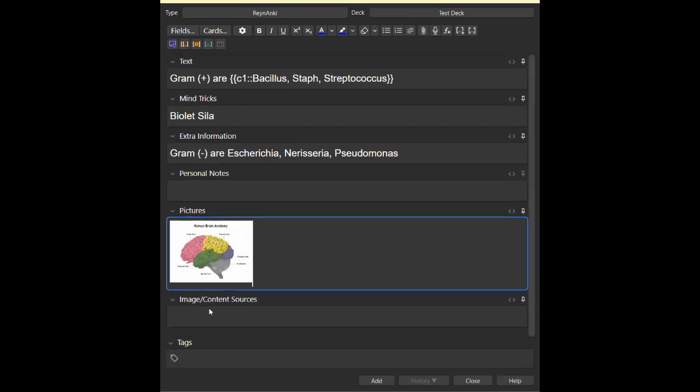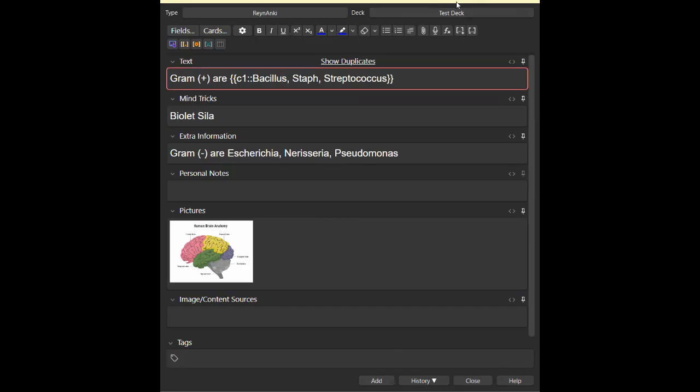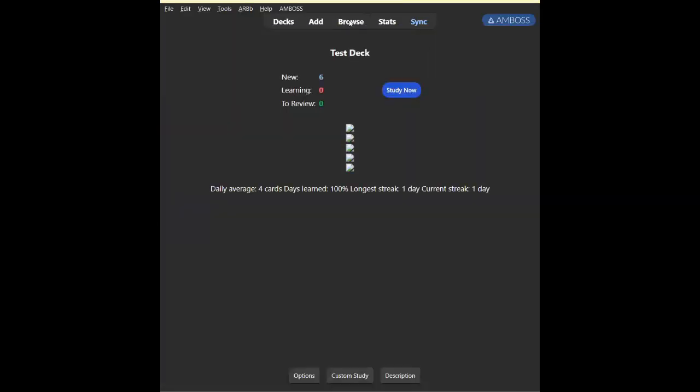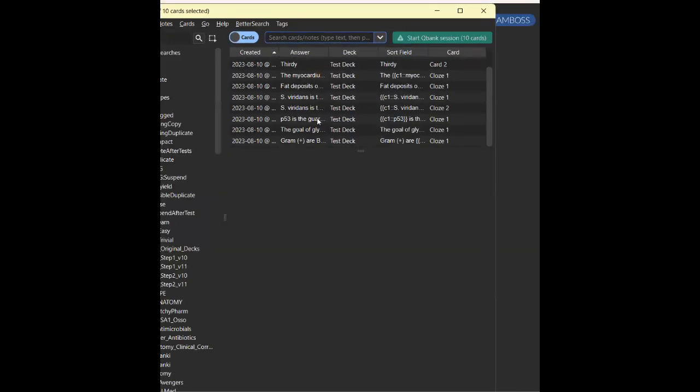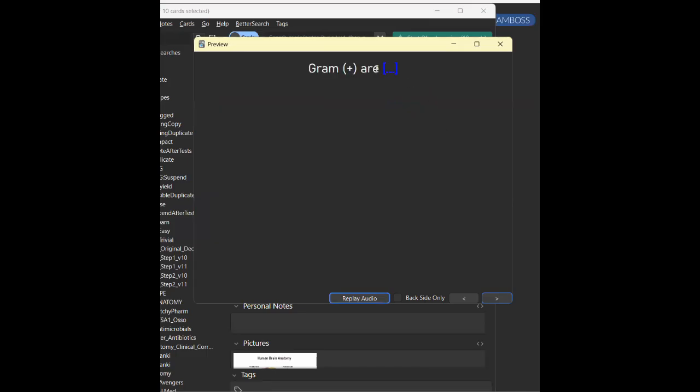Pictures, I place a picture here and I place sources here, because I don't want to have any copyright issues. So let's see how this would look like. So this is the Reinanki. Gram positive, I use a different font.